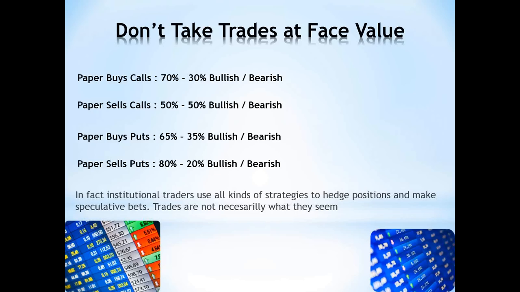Traders will use all types of strategies in the options market to hedge positions and to take speculative bets. One thing that I also need to understand is that a trade that hits the tape might be a speculative bet, but it might not be speculating necessarily on the direction of the stock. Institutions and hedge funds in particular employ very complex strategies all the time, and these strategies and spreads that they trade oftentimes are not taking a view necessarily on the direction of the stock, but on something like implied volatility or time. All of these things I need to consider when watching order flow.